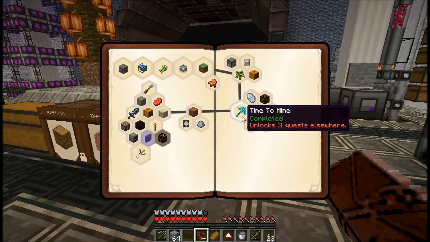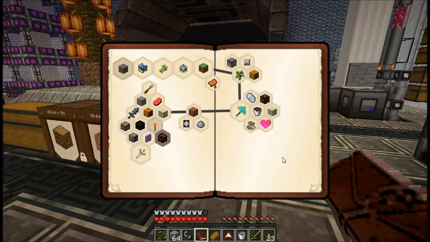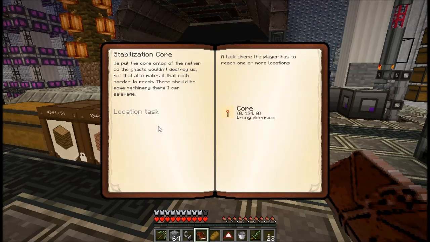Alright, back at the base. And I'm ready to turn this in. I'm going to pick the rail because it doesn't make sense to have 2 stacks of powered rail. And now it wants me to go somewhere strange. It says on top of the Nether. I don't think that there's any way to get through bedrock with this mod pack. So either there's a hole there or somewhere nearby,